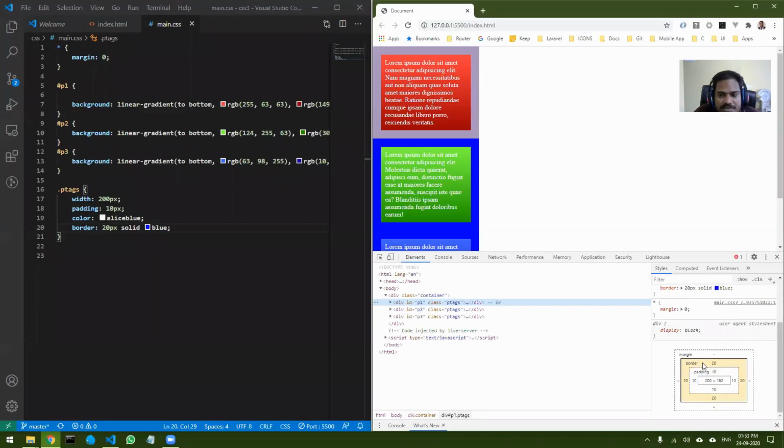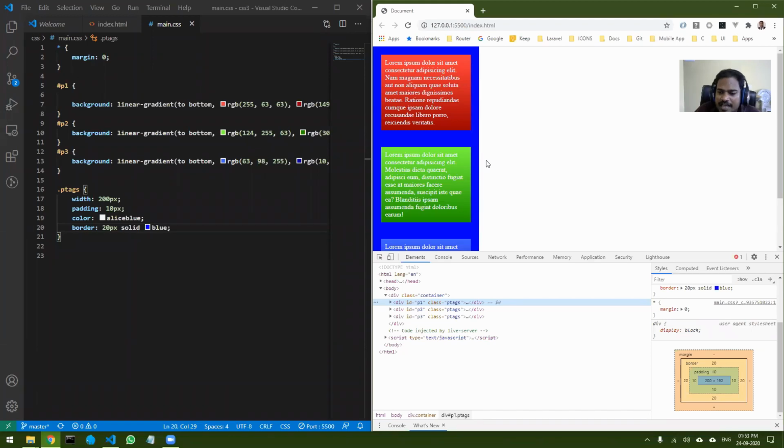It is 20 pixels, right? And what is my size of the container? It is 200, because that is what I have set. In many cases, you want the size of the container to be 200 pixels, including everything, which means margin or padding or border or anything.